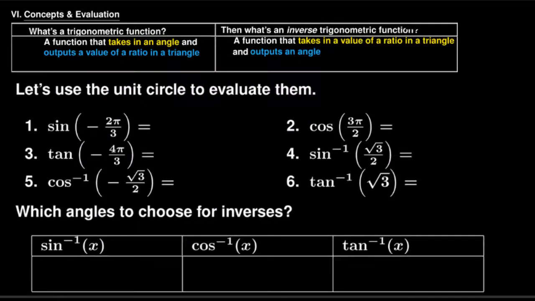So let's go over some concepts and how to evaluate these. And again, these things should be things that you're able to do fairly quickly. So, trig function means that you take in an angle and output a ratio in a triangle. And then inverse trig just does the opposite. You get the value and you try to output the angle itself. So I'll give us a minute or two to kind of look at these ones, try to figure that out. But before we do that,